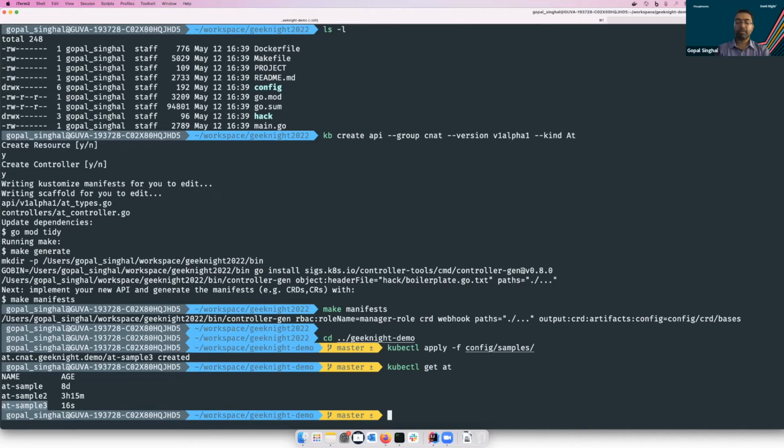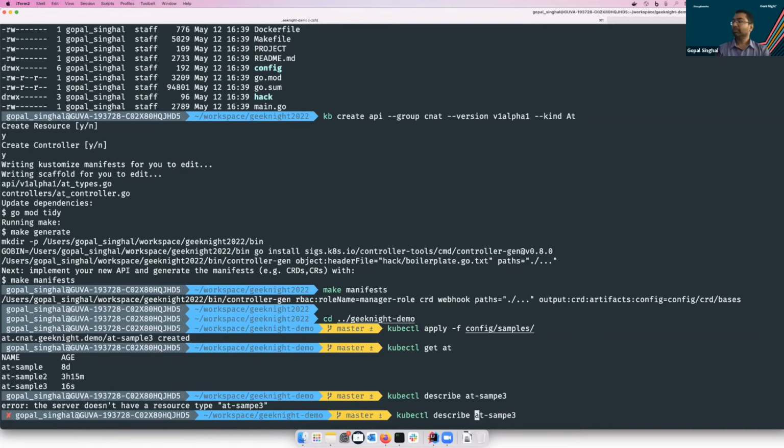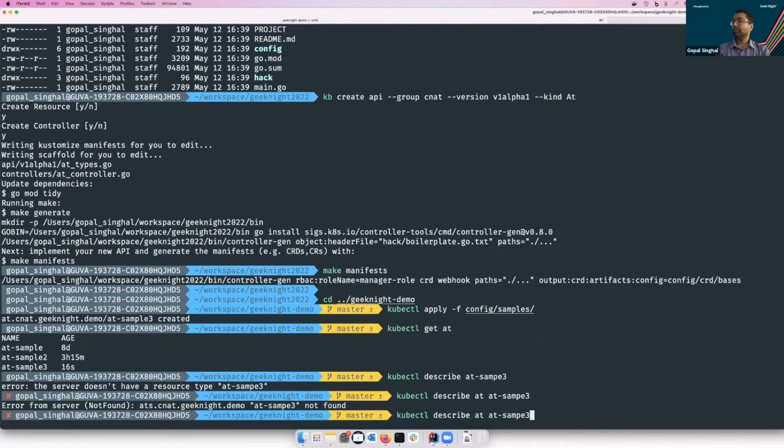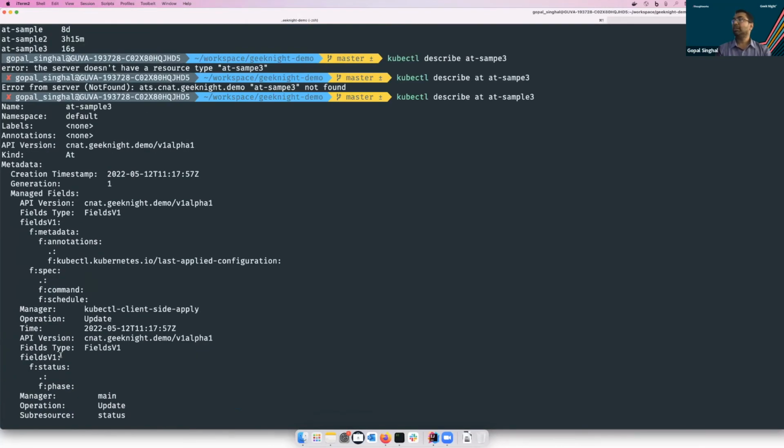We can check what type of object. So here we can see that we have this add-sample-3 object, which is of